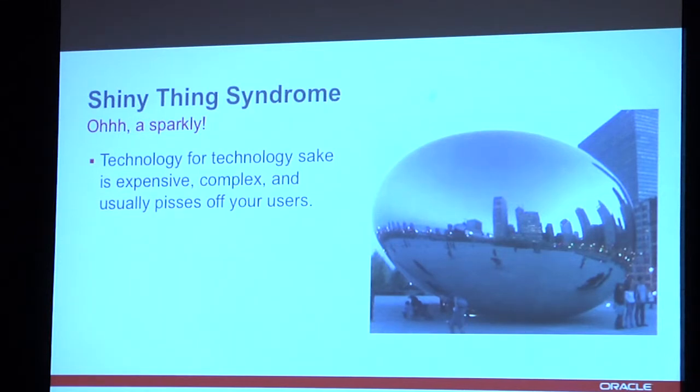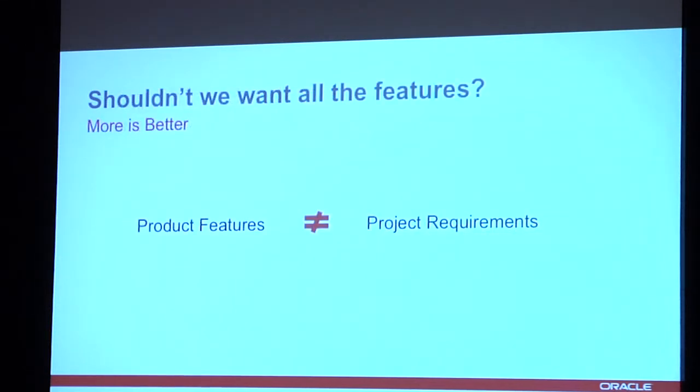It's this shiny thing is very much like gravity, right? Failing is inevitable if you keep staring at the ground. But the next question is, shouldn't we want all of the features? Why shouldn't we try to give all of the flexibility, all of the functionality that's possible with these products? And what happens is that we get this more is better approach, and we tend to equate product features to